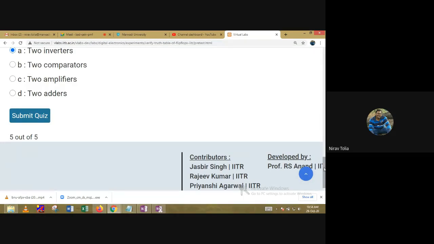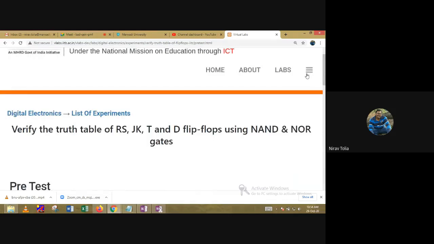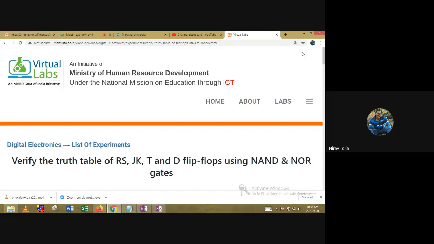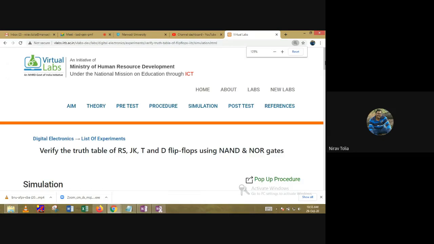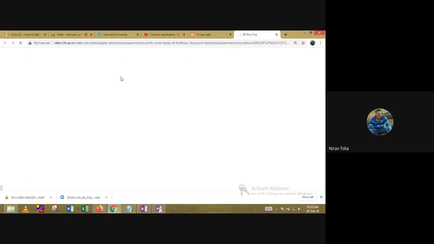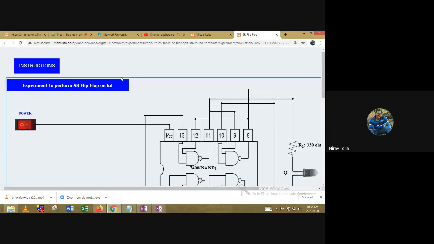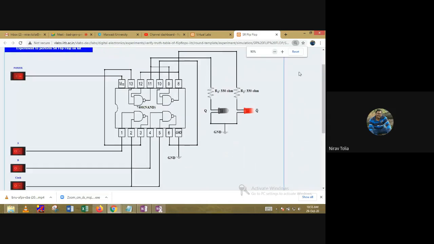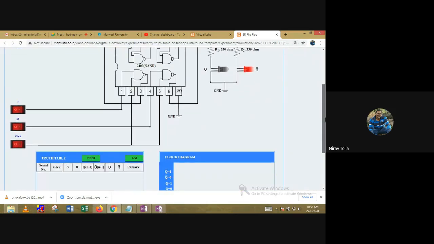Okay, so I already shared the link of the simulation with everyone. Please start the simulation. Just verify the truth table. Let me show you the SR flip flop. So again, we have to give the supply to each and every IC. So you can see here,